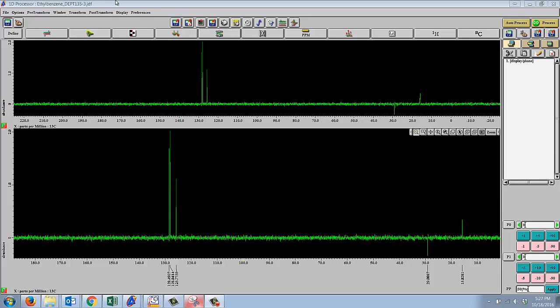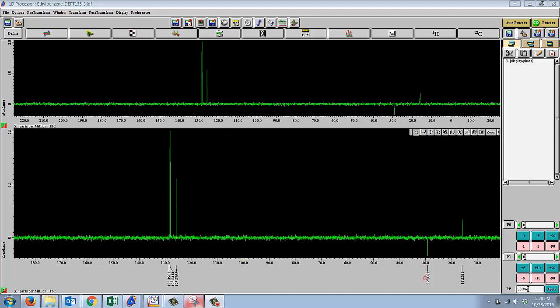Right, let's look at the DEPT spectra for ethylbenzene, and you'll notice that we have one negative peak and we have a positive peak, and the three peaks in the aromatic range are all positive, and then there was a peak at 144 that's now missing. And so if you compare it to the carbon NMR and think about what we know about DEPT 135,